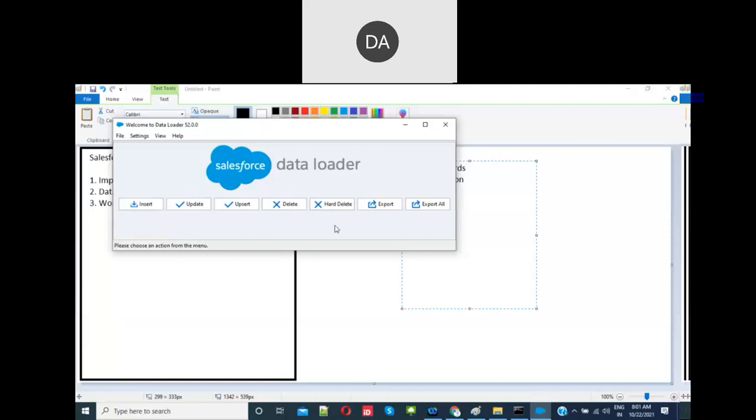Hence, completely deleted from the system. Okay. Then export. Export means just downloading the data from the database. It means if you have 100 records, those 100 records can be downloaded from the student object. What is export all? Let's say you had 150 records, 50 records are deleted, and 100 records are on